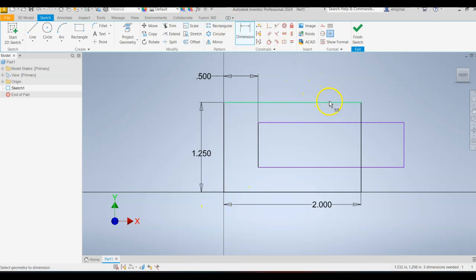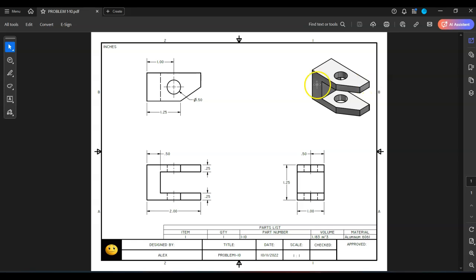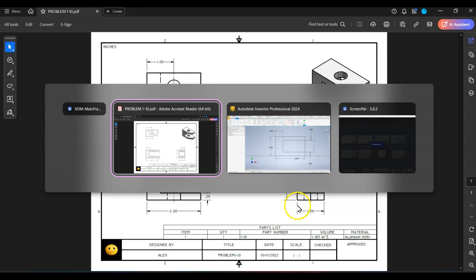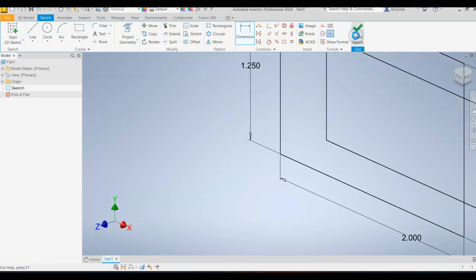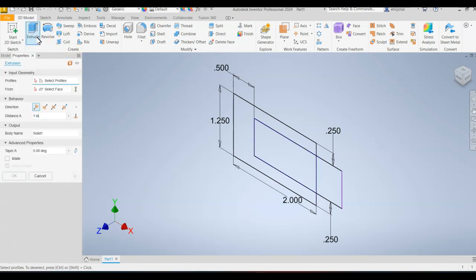Click Dimension, click this line, move your dimension out of the way, and click. Type 0.25 and repeat. Click, click, move out of the way, 0.25, and click. Now, if I wanted to, I can click trim and trim all this stuff. I don't need to. What I need to know is the width or the depth. So that's 1 inch. So now I click Finish Sketch, click the Home button on the view cube, click Extrude,